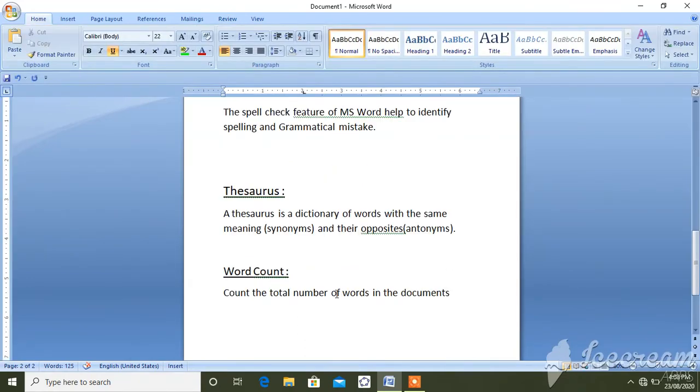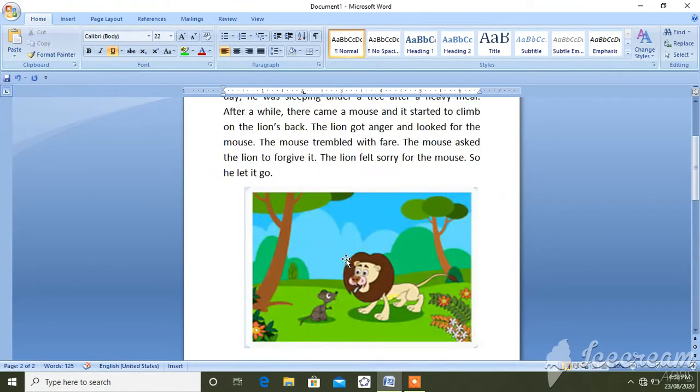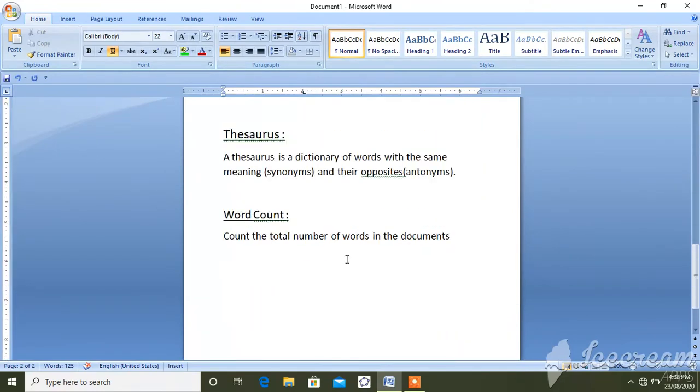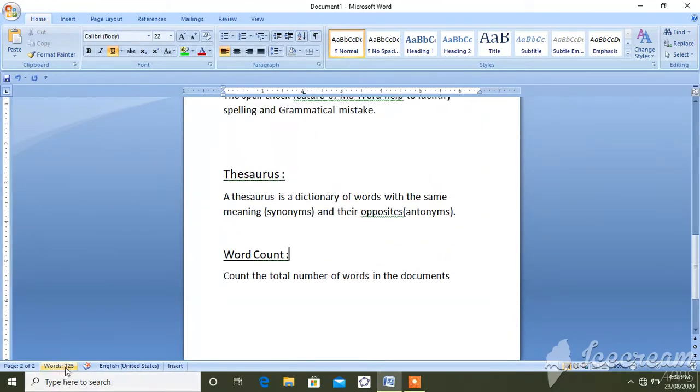Now the next feature we will see is word count. Word count gives the total number of words in the document. Now see here, this is the full document, and in this document there are 125 words and 2 pages.